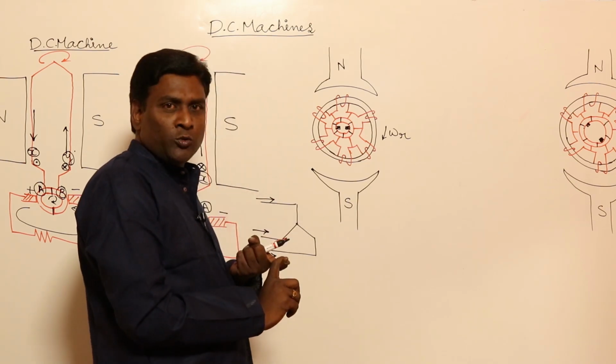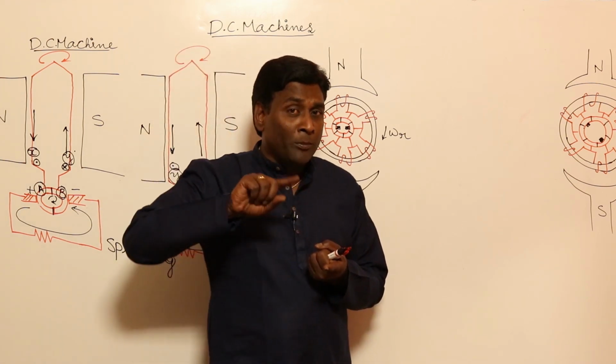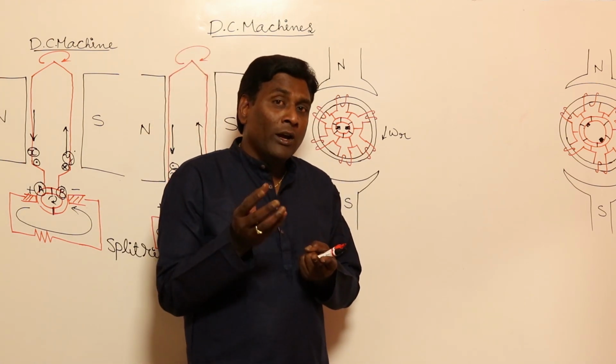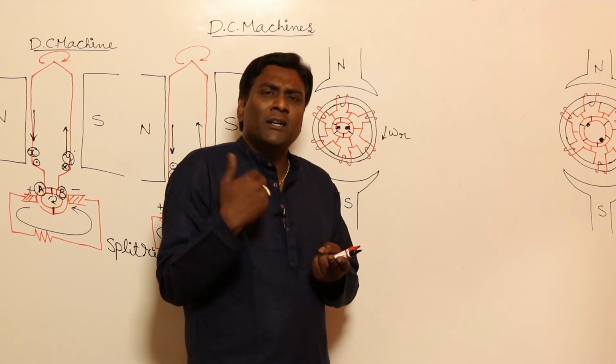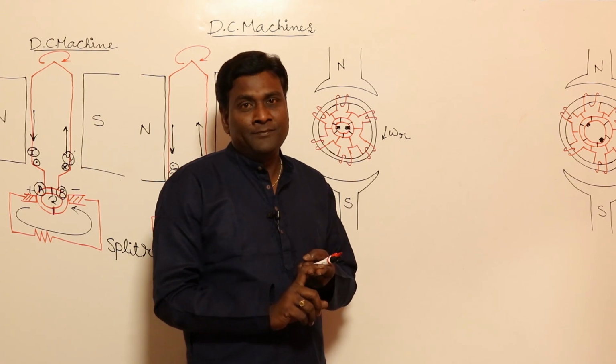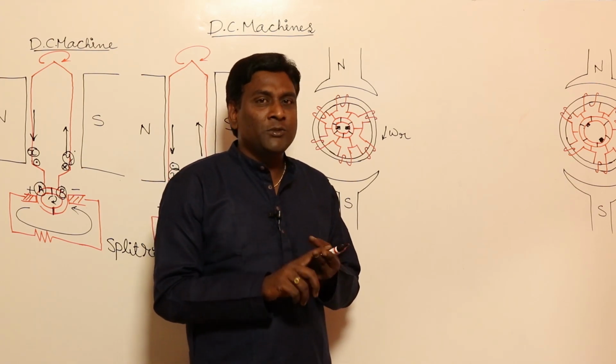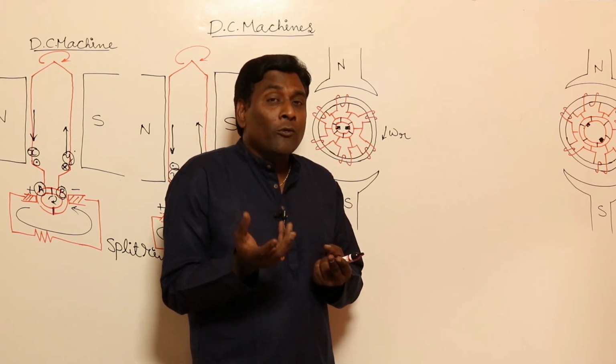We tried our level best to keep the flux density wave sinusoidal, and after that, in order to have better sinusoidal induced voltage, we spent more money for Kp and Kd. Because of pitch factor and distribution factor,